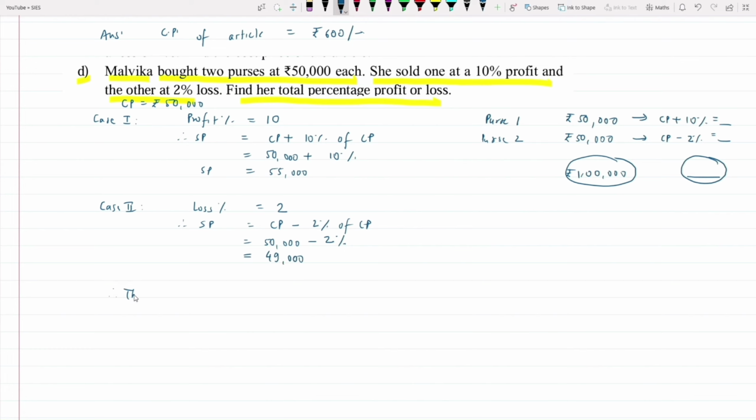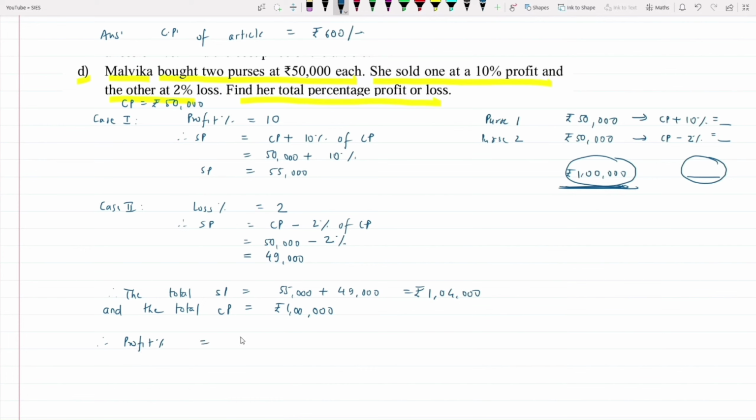So the total sales value, or the total SP, is 55,000 plus 49,000 rupees, which is 1,04,000 rupees. And that is very well more than the total cost price. Let us just state the total cost price as well. So the total cost price is 1 lakh rupees. So here we can clearly see that there is a difference of 4,000. The selling price is higher than the cost price, so it is a profit deal, and the profit percentage is going to be